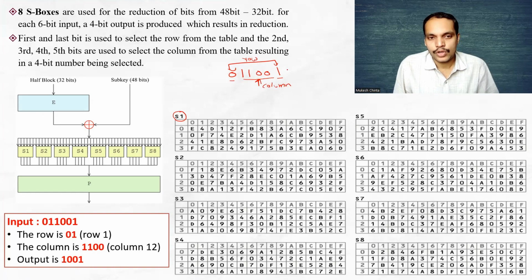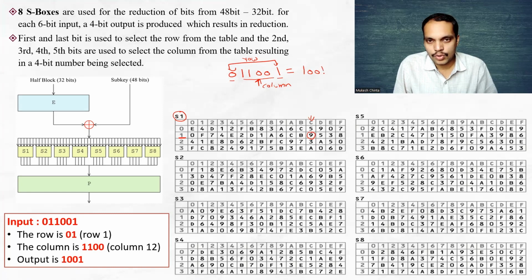Okay, so 0, 1 will be the row here. So what is 0, 1? It's 1. And the middle one, 1, 1, 0, 0, is number 12. 1, 1, 0, 0 is 12. 12 is here, 9, A, B, C. This is 12. And if you take it here, you get the output as 9,